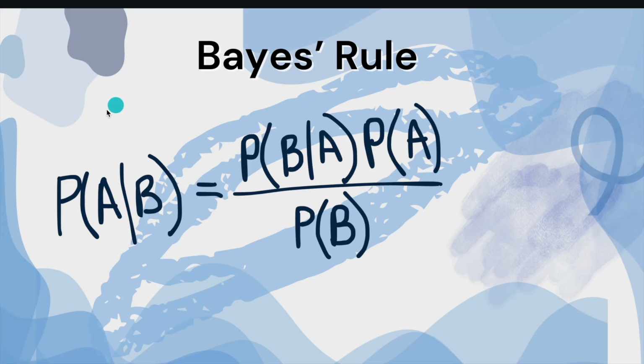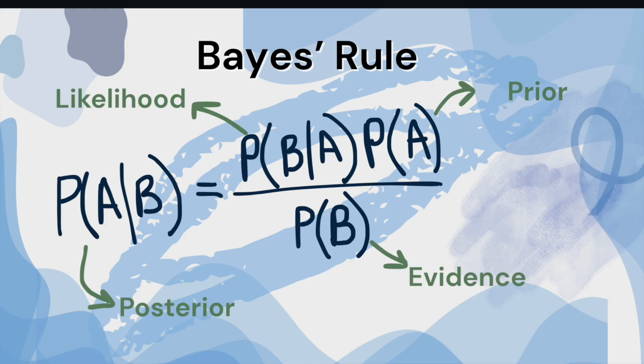So in general, Bayes' rule looks like this. Probability of an event A happening, given that event B has already happened, is equal to the multiplication of the probability of B happening given A has already happened times the probability of event A. And we scale this by dividing by the probability of event B happening. Now the nature of this formula is such that we can call these terms individually, and they have certain names because they have some meaning to them.